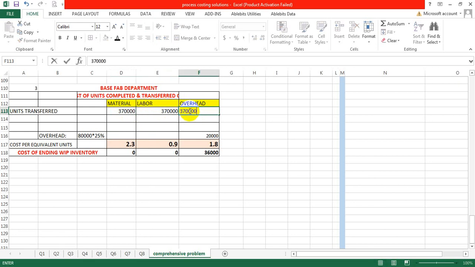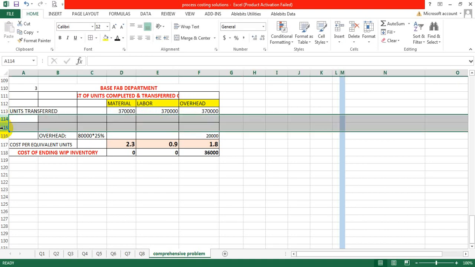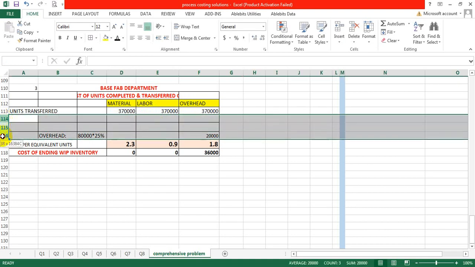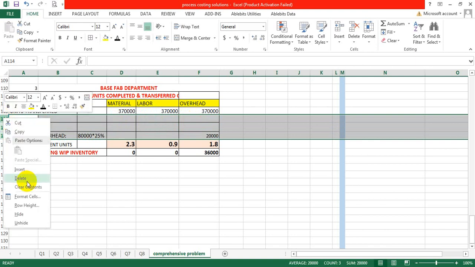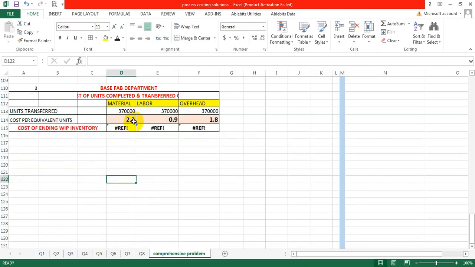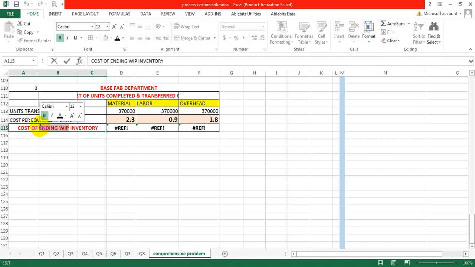This is my transfer out units, right? Now cost per equivalent unit, it is mentioned again, you know it very well, 2.3, 0.9 and 1.8. So my cost of transfer out